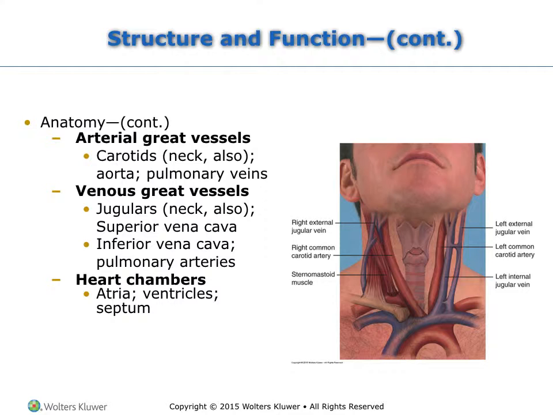In terms of the anatomy of the great vessels, the arterial great vessels include the carotids, the aorta, and the pulmonary vein. The venous great vessels include the jugulars, the superior and inferior vena cava, and the pulmonary arteries. And the heart chambers are the two atria and the two ventricles with a septum in between. The great vessels originate from the base, the top of the heart, then turn towards the body part that they